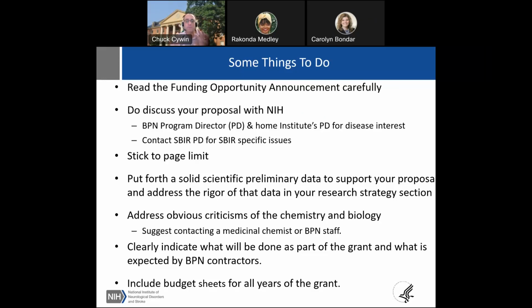So it's important that I know where you're going, where your primary indication is, so that we can hook you up with the correct people in their institutes to garner the support. So if you score well, funding is streamlined. You have to stick to the page limit. It is not that large. I understand that, but don't try to circumvent it by making microprint and things like that, because CSR will just kick your application out. Make sure you put forth a solid scientific data premise with preliminary data that's in your